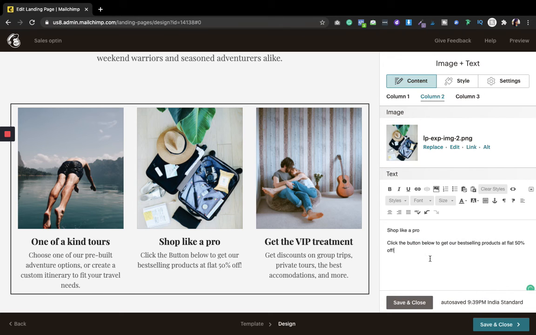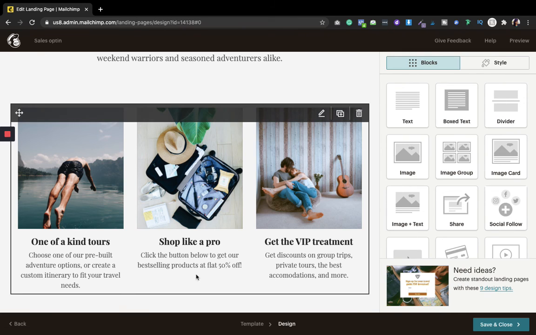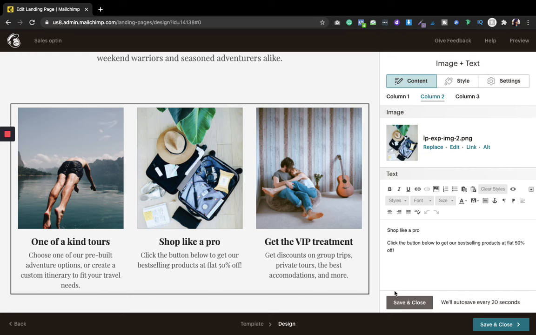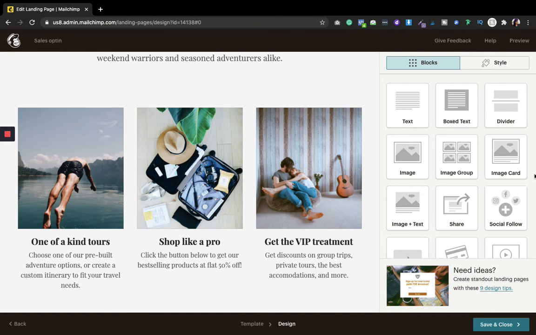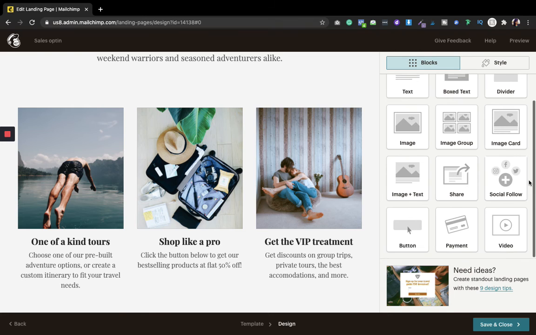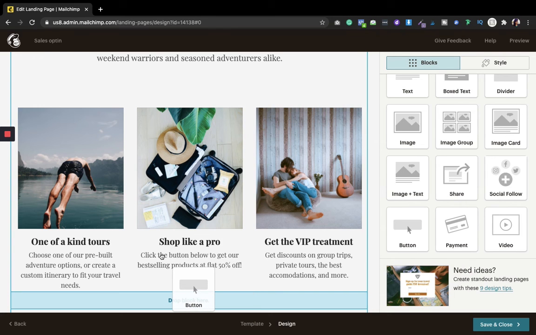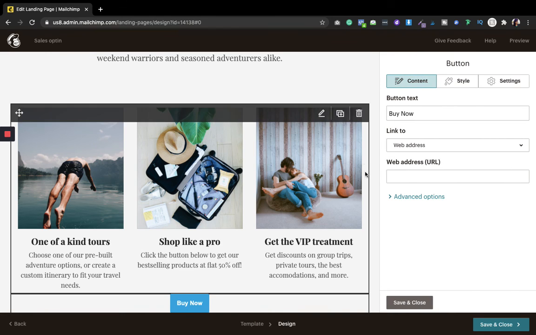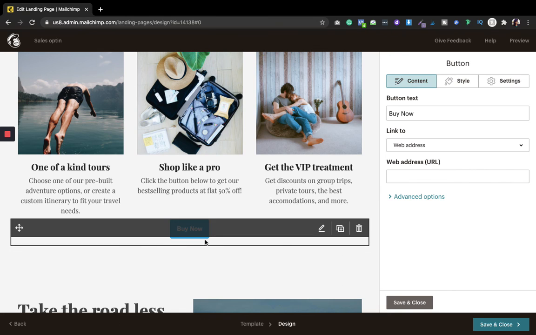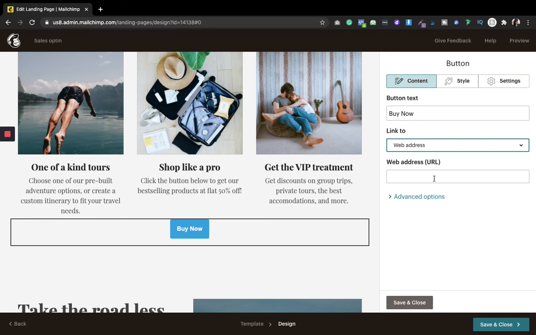Button below. And now if I want to just save it, and if I want to have some button over here, what I will do is go over here and see in the block section where is the button section. Okay, here it is. Now I will take it and drop it over here, so you can see I have the button over here with the buy now, right? So I can do that. Similarly you can do this for this section and this section as well. So for now, buy now, I will just go over here in the buy now section and link it to the web address I want, to my website, right? So this is how you have to do that.